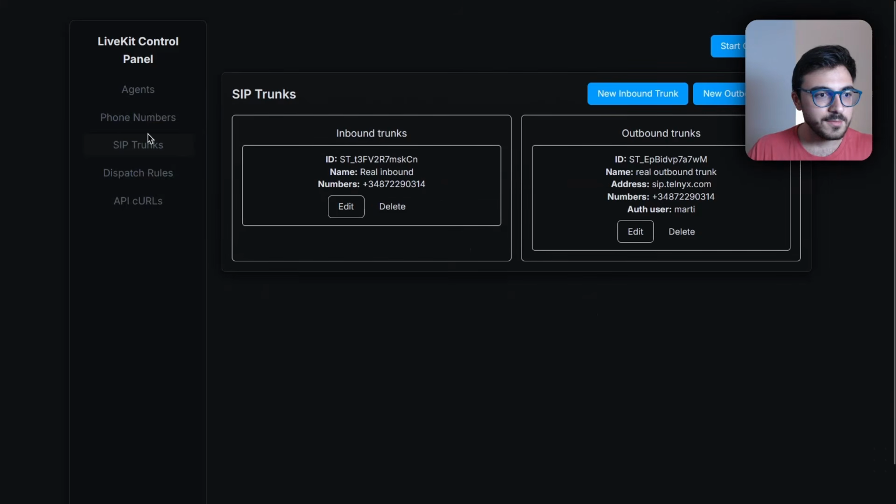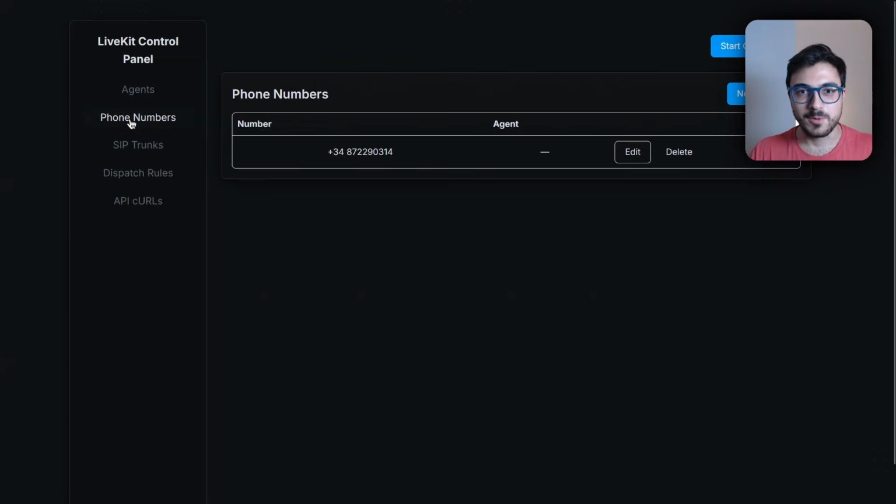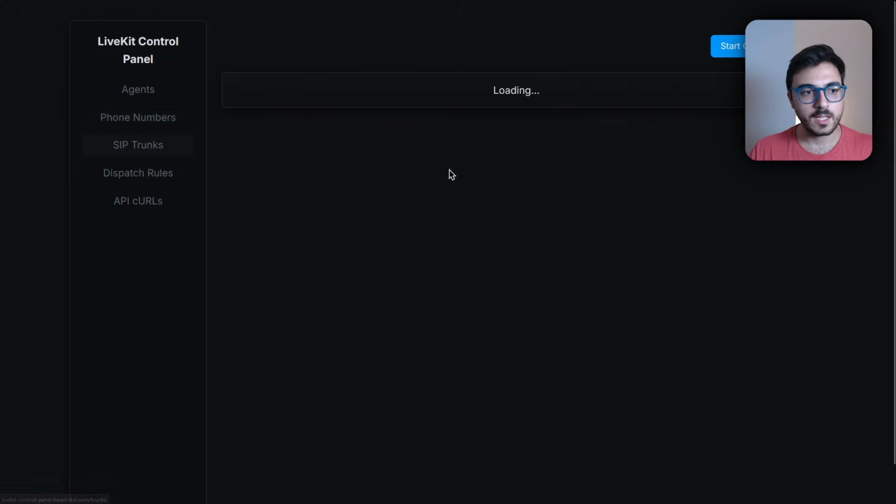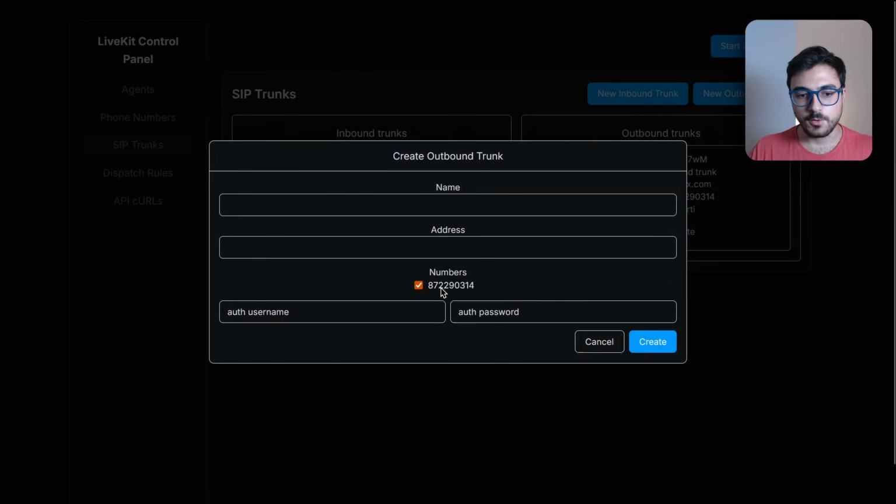And actually, first of all, you'll have to add the phone number, okay? I have completely forgot about it. Just add the phone number, select the country, okay? Then go to SIP trunk, select the phone number that you want the SIP trunk to be using. Remember, the address has to be sip.telnyx.com,